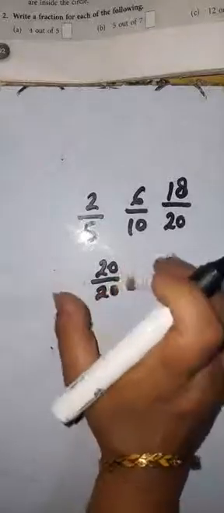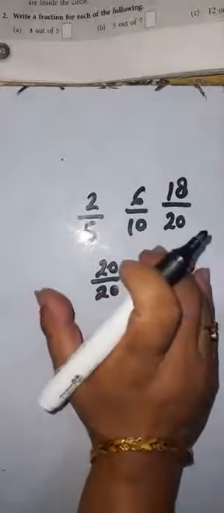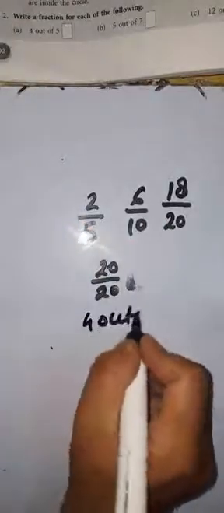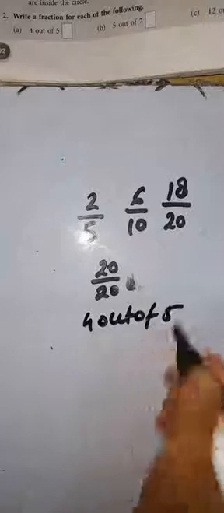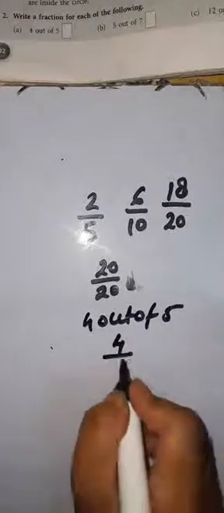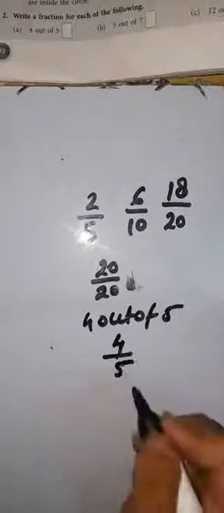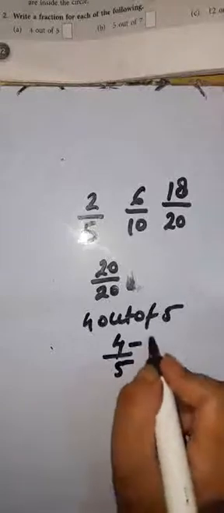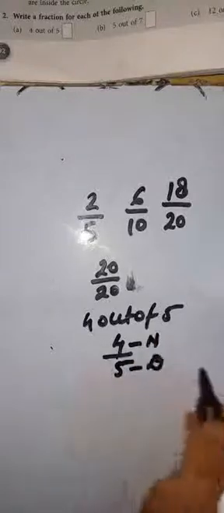So in this way you can write the marks. So here 4 out of 5. It means that 4 above the fraction bar and 5 below the fraction bar. This is numerator and this is denominator. Alright. So in this way you can solve the part B and C also. Now look at the question number 3.